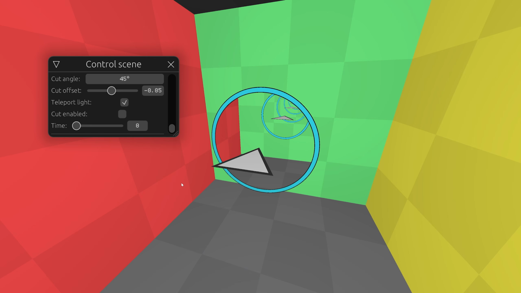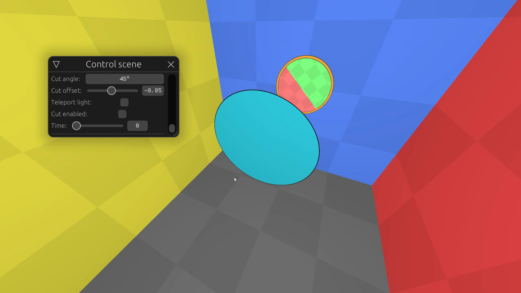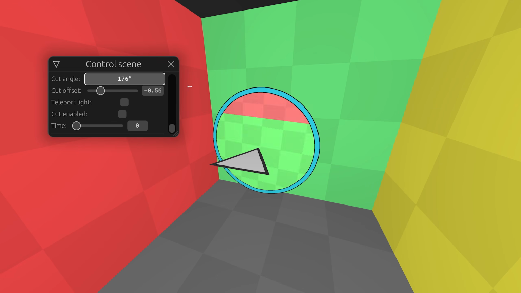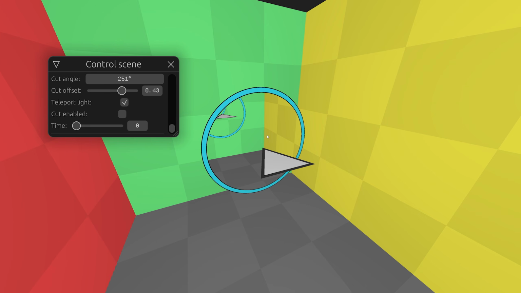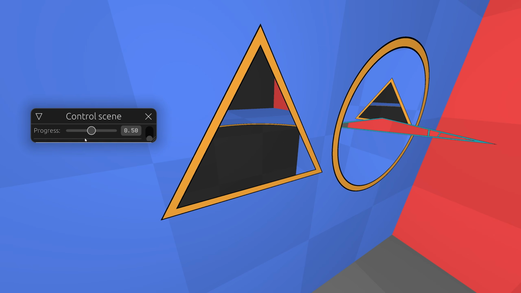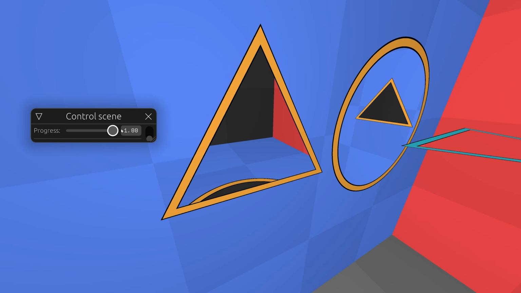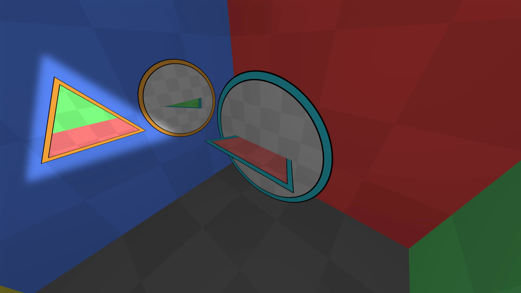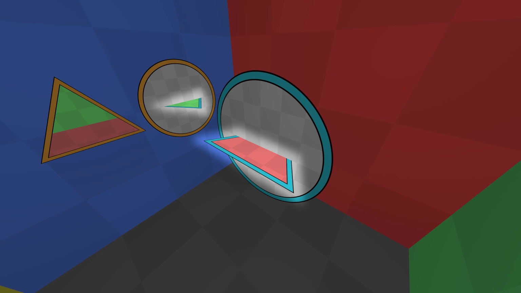How does this work? Let's take a circular portal and split it into two pieces, red and green. It's split from both sides. There are many ways to split it. But if we turn on light teleportation, we will see that everything is continuous, despite the portal being cut into two pieces. Therefore, this division exists only in our minds, and there is no way to determine portal division by its appearance. We can divide any portal into infinitely many pieces, and this will be useful later. Now we understand that when two portals touch at their edges, then they can create a continuous image. In one case they touch physically, in another through a portal.